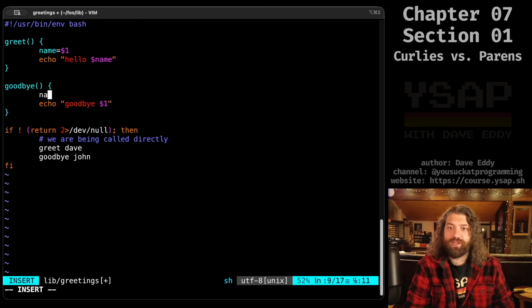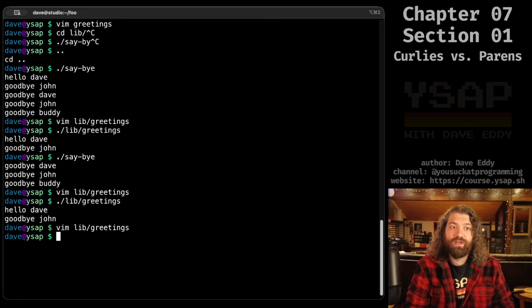That's what we're going to do, and we're going to say name equals $1, and we're going to say goodbye to name. Notice we are not using the local keyword. We are purposefully messing with the global scope because I'm going to show some of the differences here. So let's go ahead and make our new program, which will be